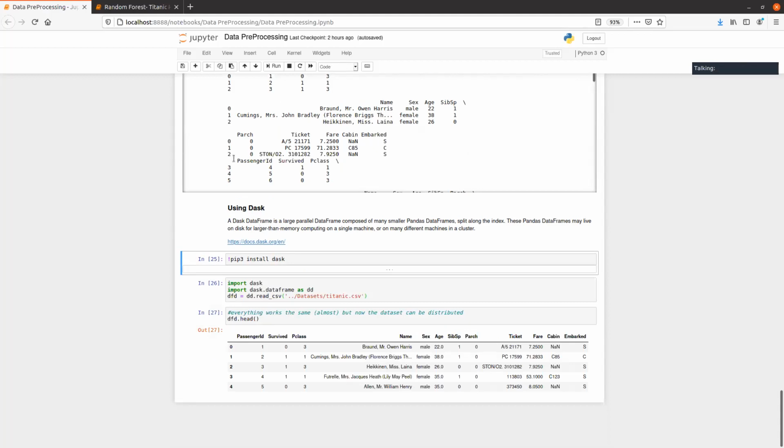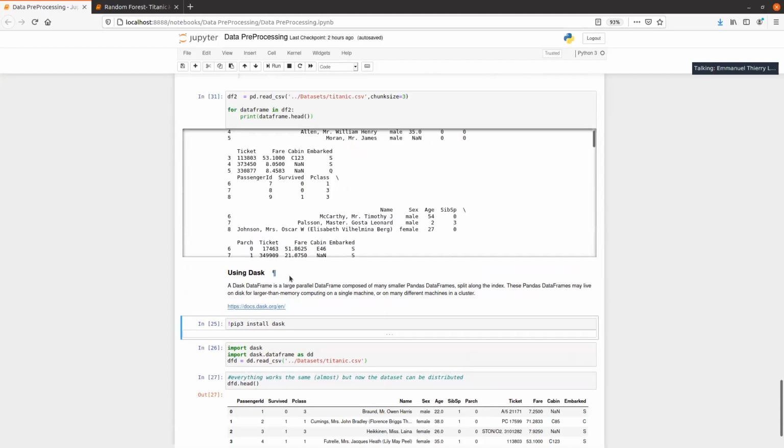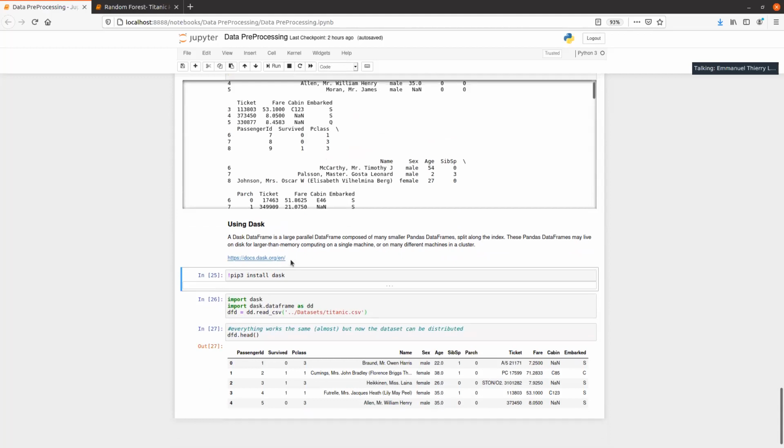It's a bit similar to chunk size, but it allows you to split the big dataset into smaller Panda datasets. And what's interesting is that you can even distribute that dataset on multiple machines, let's say if you have a server, and it works quite the same as Panda.